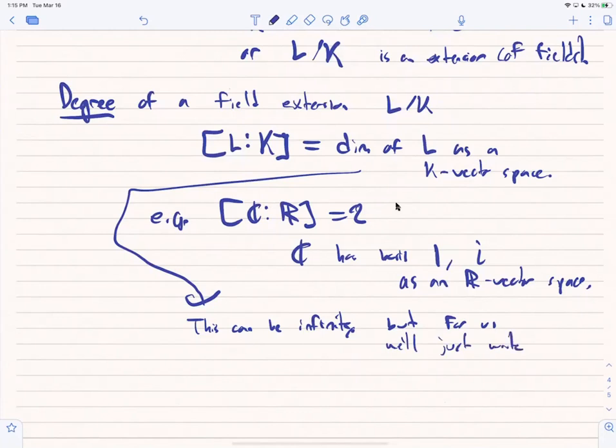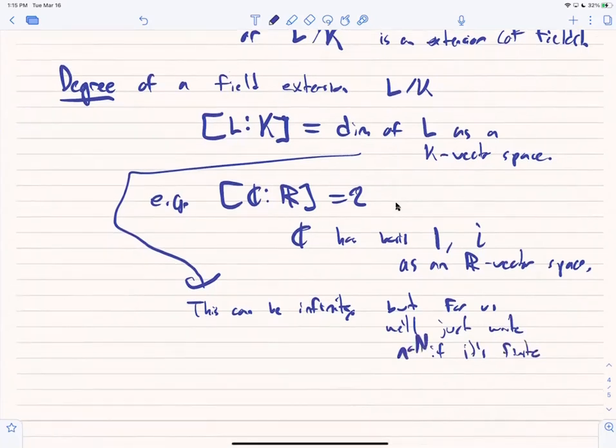So for us, we'll just write n, some natural number n, if it's a finite set. So if it's a finite dimensional vector space, so you have a finite basis, or infinity if it's not. So it turns out this notion of degree of a field extension, well,